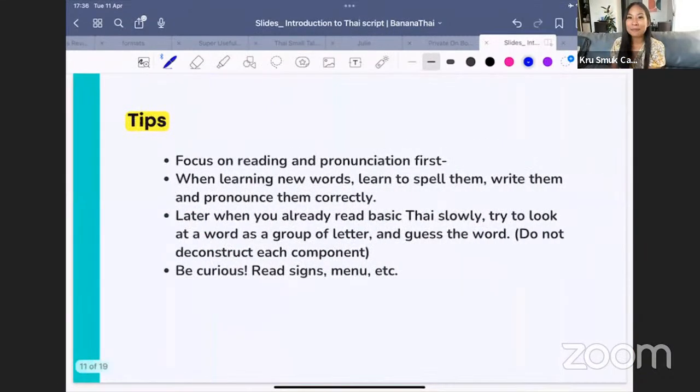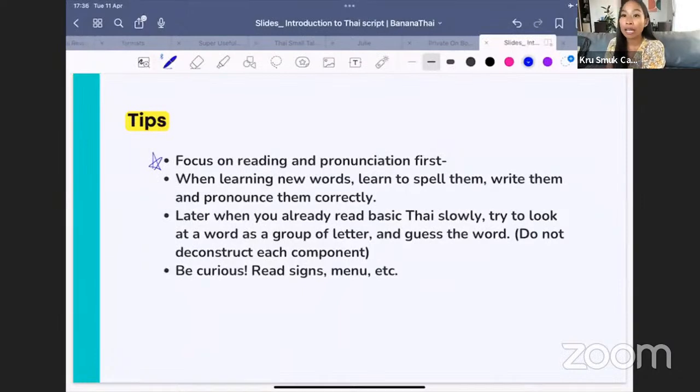Tips. First one, from my experience of teaching how to read Thai and how to write Thai, these are the tips that I always recommend to my students, both self-paced online students and also the one-on-one and group lessons as well. So first one,